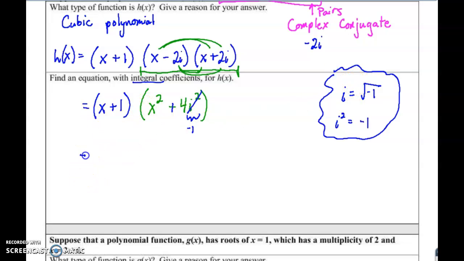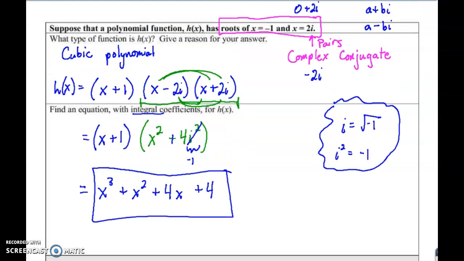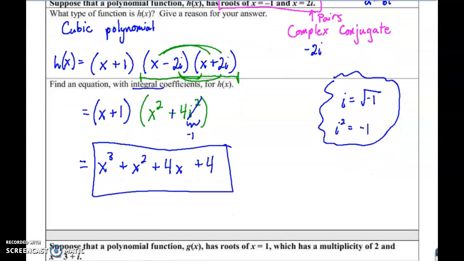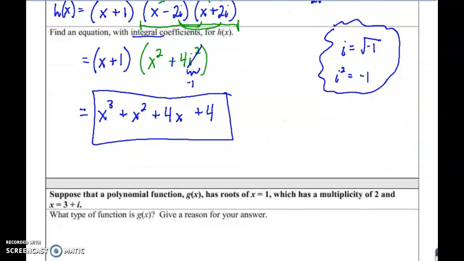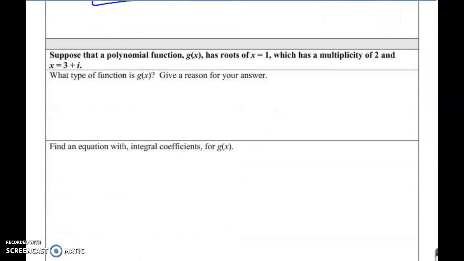So now you can distribute again, and you're left with x cubed. I would do the inside next, plus x squared. The outside would be plus 4x. And then 1 times 4 would give you 4. And you can verify that this is correct by trying to factor it. And if you factor it, well, you'll just go backwards, and you'll get x equals negative 1, and you'll find x equals plus or minus 2i. Actually, I would encourage you to do that if you wanted to practice. So again, pause the video, try some of these things out, and also try to do the next one,